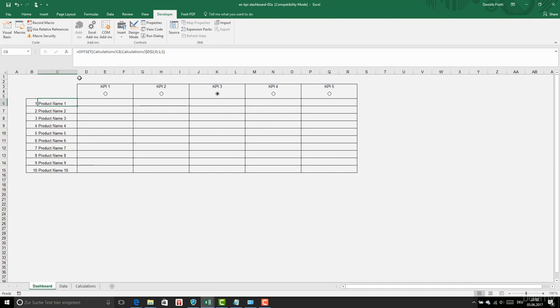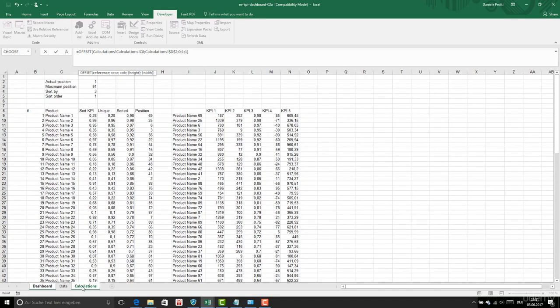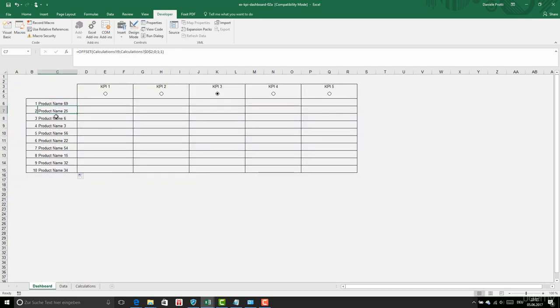And at the dashboard here, we're going to do a reference here. Calculation, not C8, but it's I8. And we're going to create, of course, a reference to